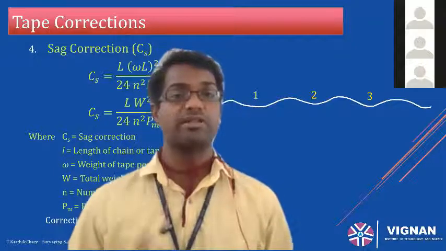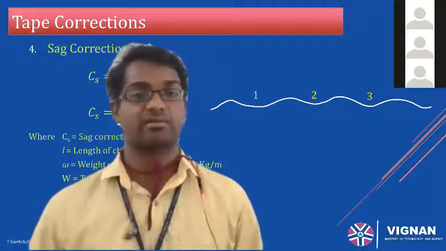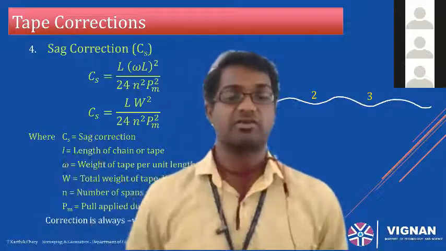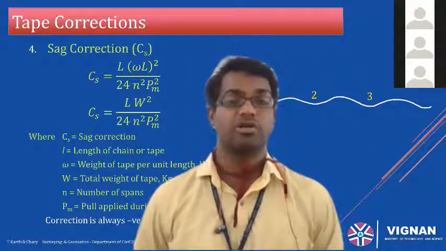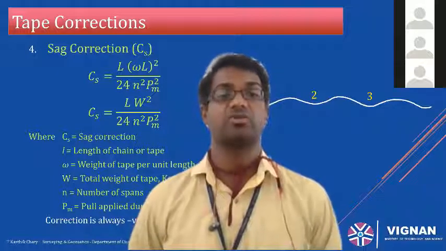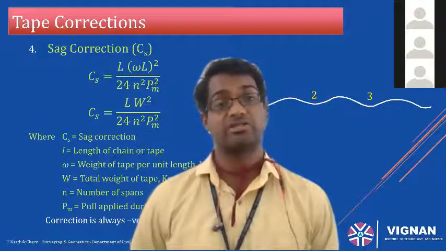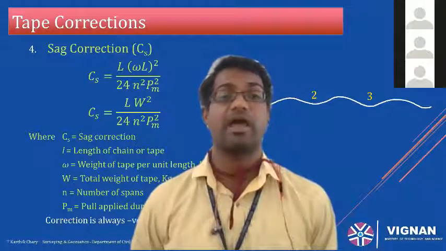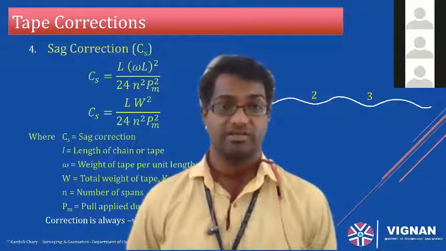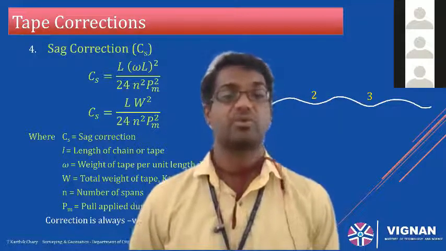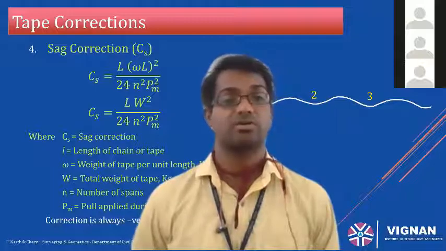So if you can calculate the number of sags, then the sag correction is given by this CS equals to. What you need to know is you need to count the number of sags, and you need to know the pull at which it is applied. Sag depends upon the pull at which it is applied, and you also need to know the weight of the material. If you know these three, you can calculate LW square by 24 n square into Pm square, where